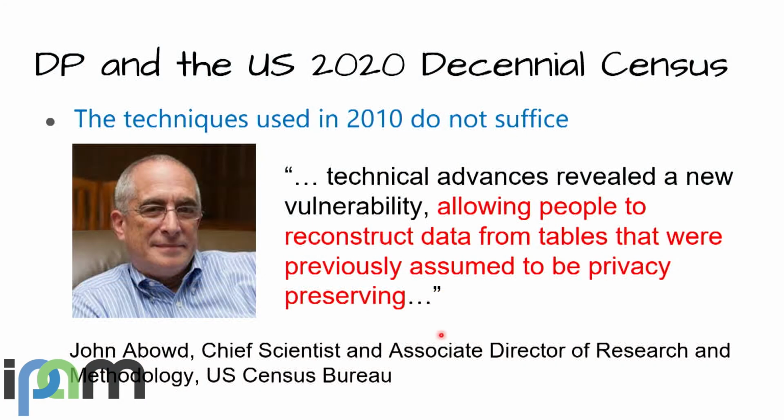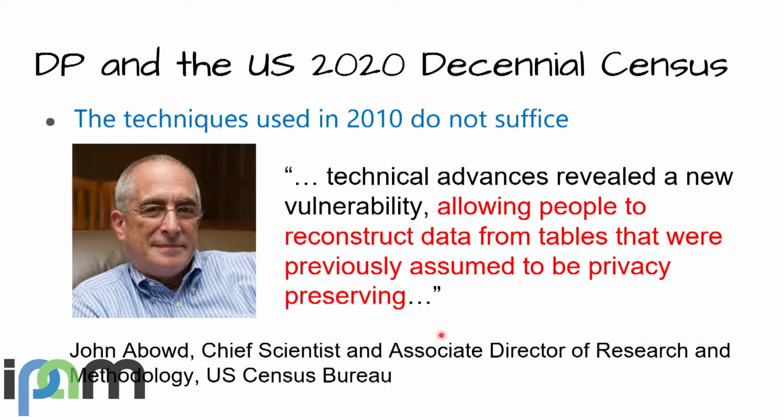And I don't want to be too US-centric. Every 10 years, the US does a decennial census, a 10-year census, and it does what is supposed to be, and of course never actually is, a complete enumeration of the public, of the people living in the US. And so this is John Abowd, the Chief Scientist and Associate Director of Research and Methodology at the US Census